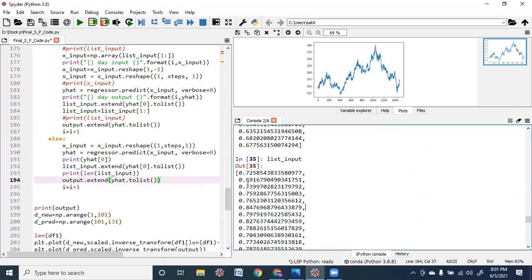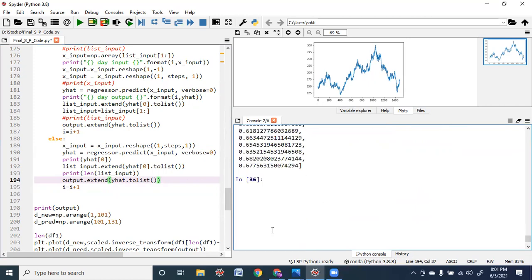Okay, so from the second record until the 100th record, you will have in this list. Along with this, the new y also will be added, isn't it? So the total number of records will be 101.